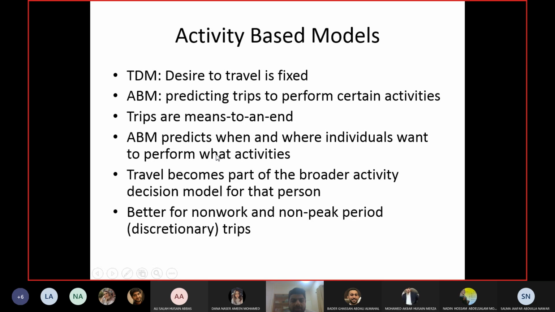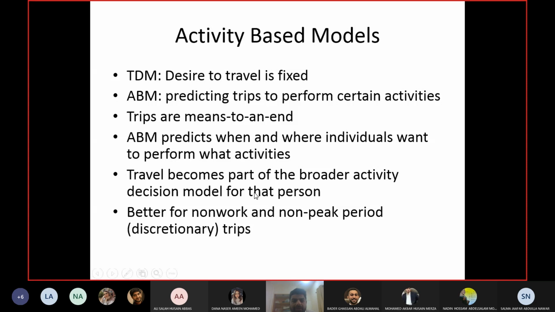So in activity based models, we take each activity of the individual, the traveler, and predict trip generation first of all, where he wants to go, how he will go there, which highway he will use, depending upon his activity. So he wants to go shopping, for example. Which is the closest shopping mall to him, and which highway is best to get to that shopping mall, and so on. Everything starts from the activity. Or he wants to go for work. Where is his workplace? That will be his destination. Then which is the best mode and best highway to go there, and so on.